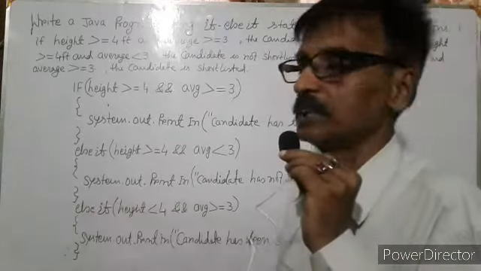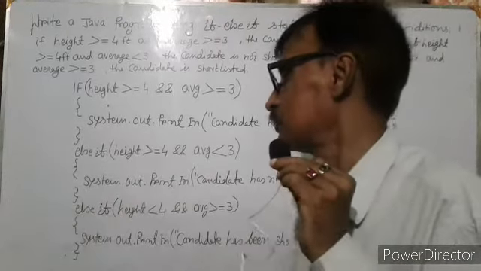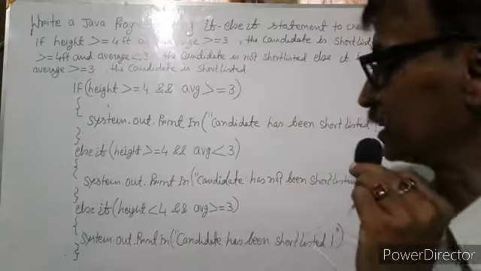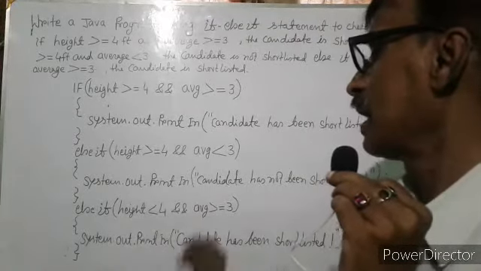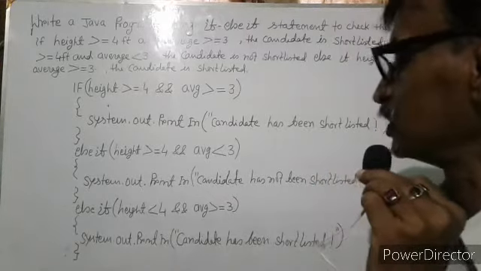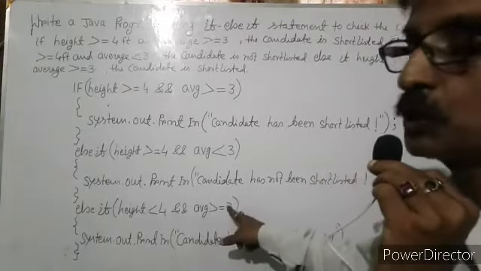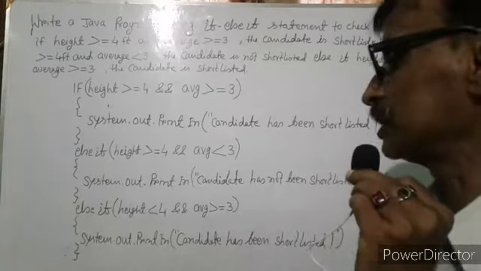Now braces close. Else if parenthesis begin, height less than 4 and avg greater than or equal to 3 parenthesis close,